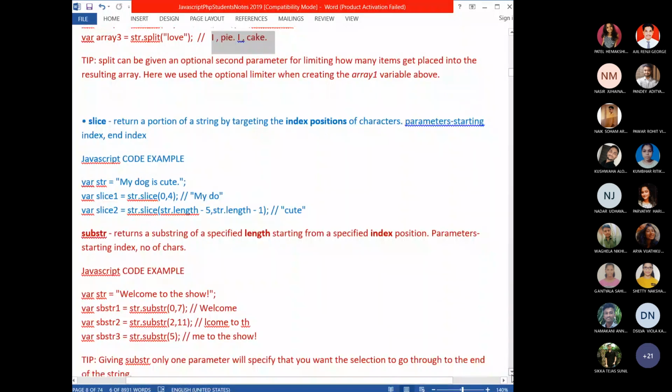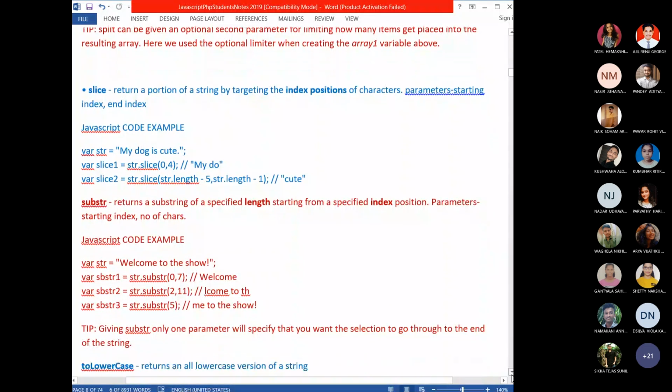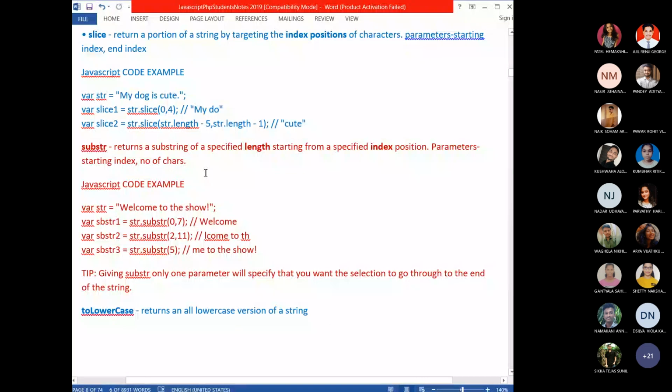Okay. Like the array object, here also in string we have slice. What is the use of the slice method of array object? Any one of you? In array object also we used the slice method. Now string object also has string slice as a method.